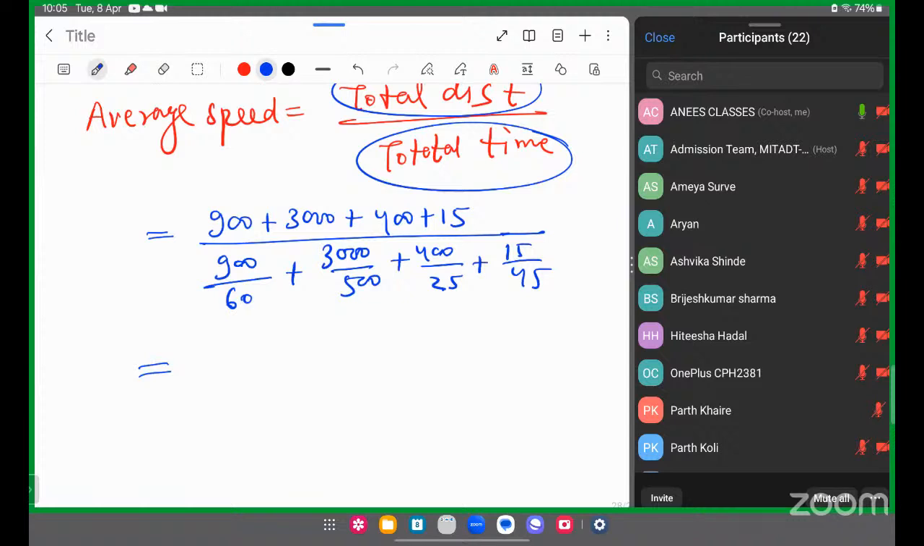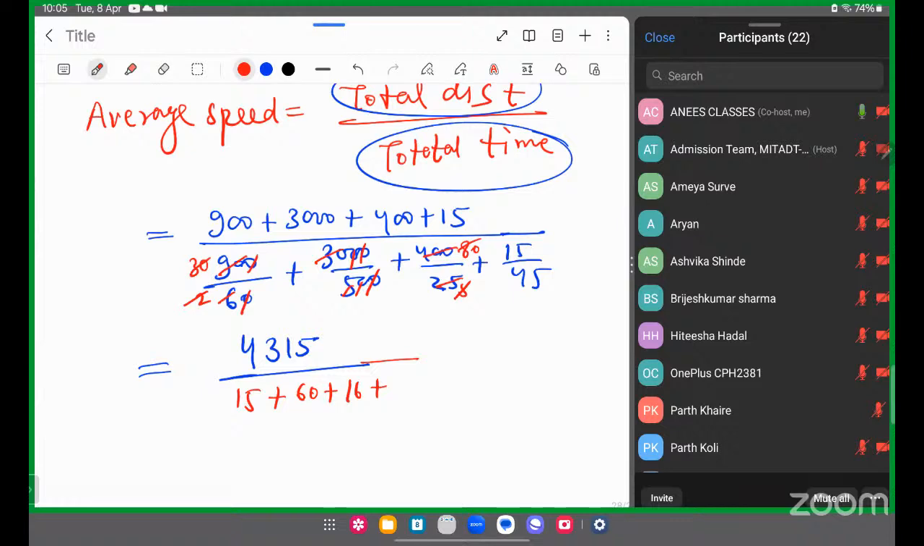Yes, overall distance in numerator will be how much? This will be 3900, 4300 and 15. So this will be 4315 kilometer. What will be the time taken? If you simplify it, this will cancel out. This will be 15 plus 20 will cancel out. This will be 60 plus 5, 16 plus